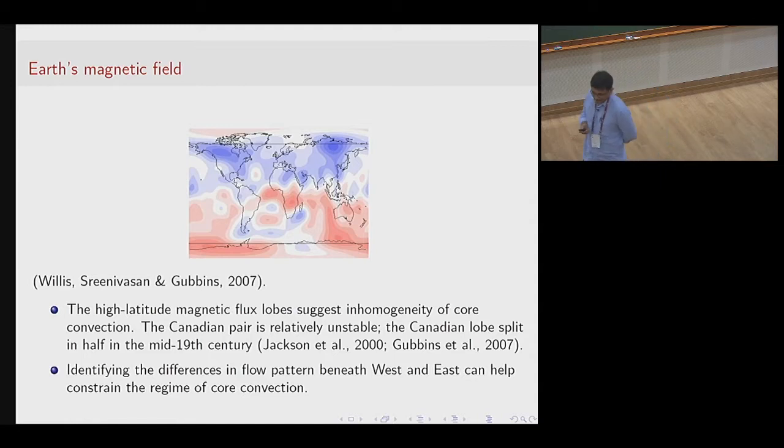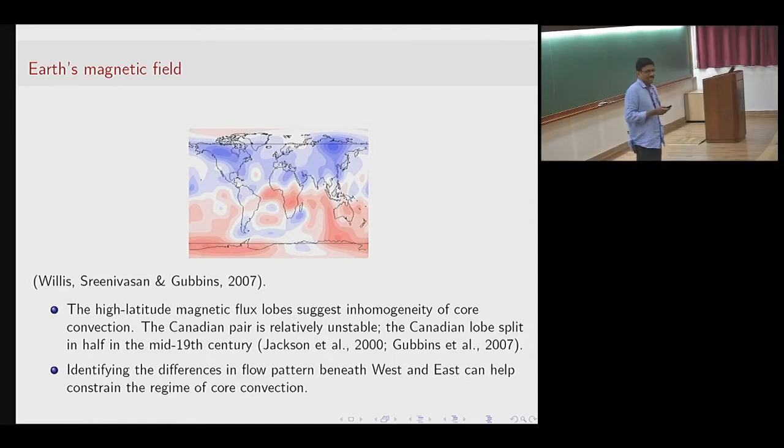All of us know that the Earth has a magnetic field which has a north-south polarity. This is a snapshot of the present-day magnetic field of Earth. The horizontal axis is the longitude, and the vertical axis is the latitude. What is striking in this magnetic field is that on top of the dipole field, there is a signature of non-axis symmetry, in the sense that there are some preferred longitudes where the Earth's magnetic field is concentrated,